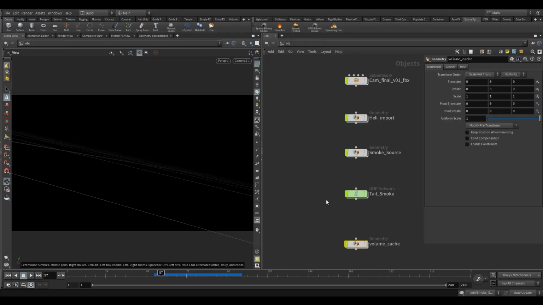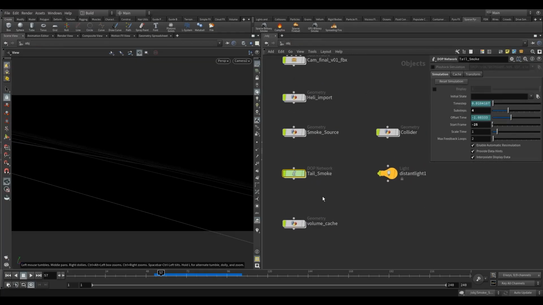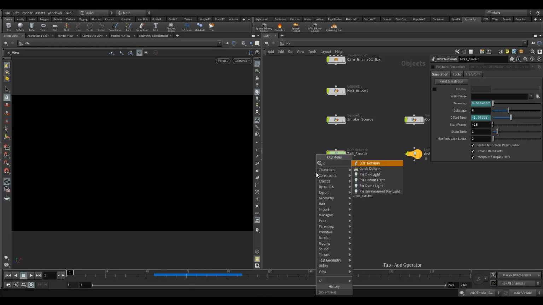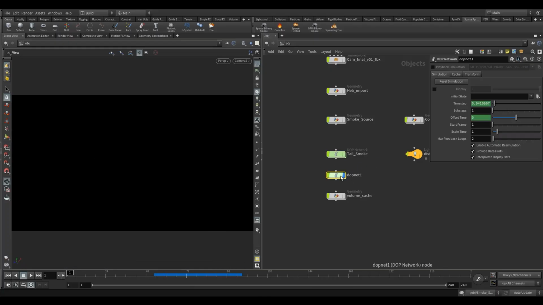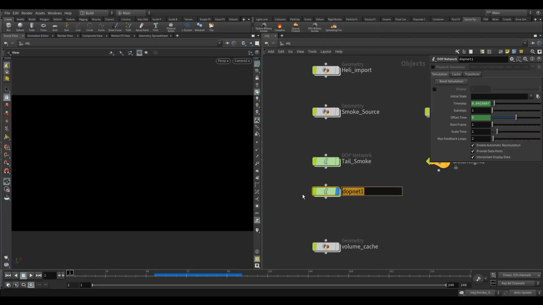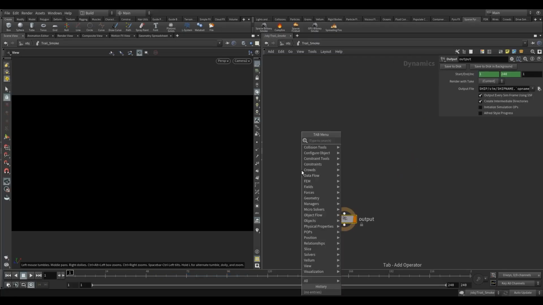So let's start putting together our dot network for the trails, right? So create a new dot network. Drop this down here and call this trail smoke. Great, dive inside, and same as before, so pyro solver, sparse,